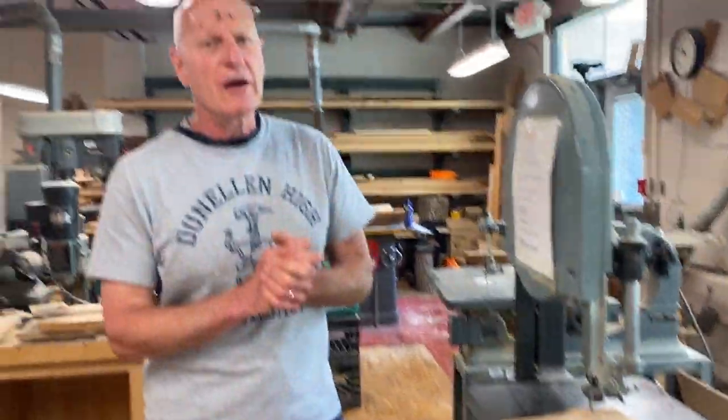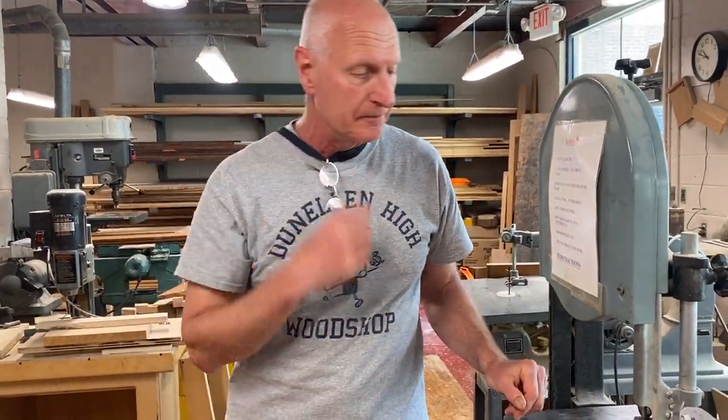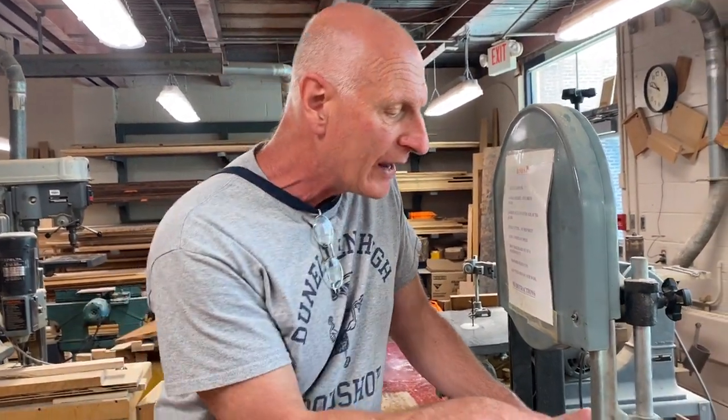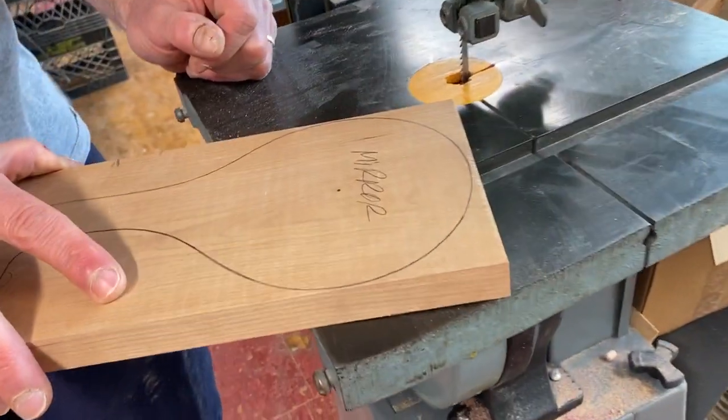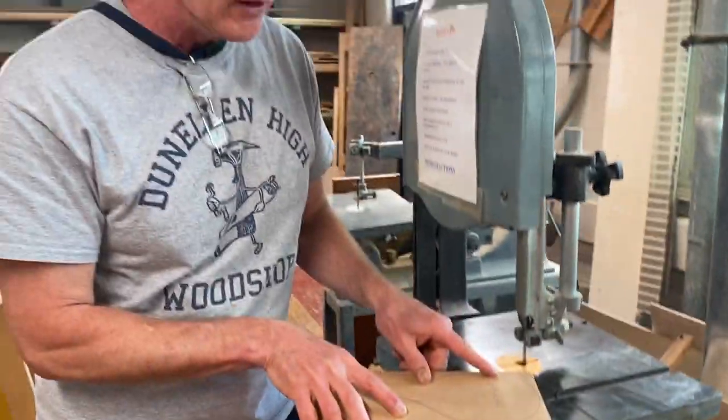This bandsaw is very similar to what we talk about with the miter saw or the chop saw. I never want to cut on the line. I always want to cut to the line. That is a huge, important concept. As a matter of fact, it was asked probably in an earlier video: when I'm making this cut, do I cut on the line? The issue there is when I cut on the line, I lose the line and I have nothing that I